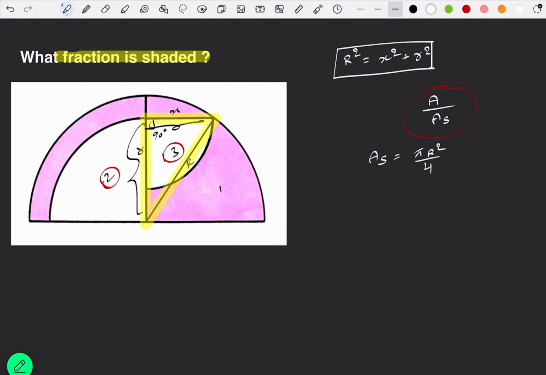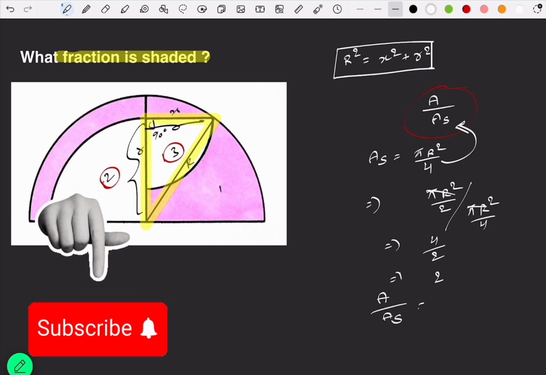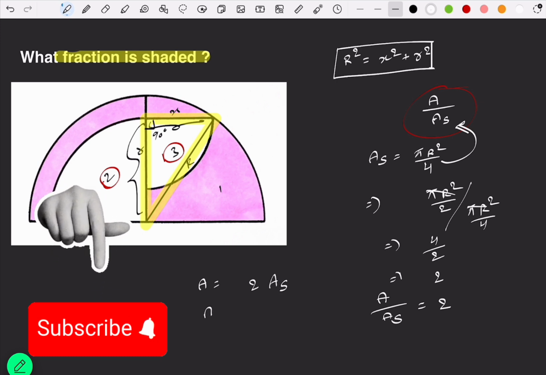Now we can substitute the area of the shaded part in this fraction, right? Now we can write this fraction as total area, which is equal to pi times R square by 2, divided by the area of the shaded part, which is equal to pi times R square by 4. If we cancel both the numerators, then it will become 4 divided by 2, which equals 2. So total area divided by area of shaded part is 2. We can also write it as total area is equal to 2 times the area of the shaded part. The shaded area is equal to half of the total area. So the shaded fraction is